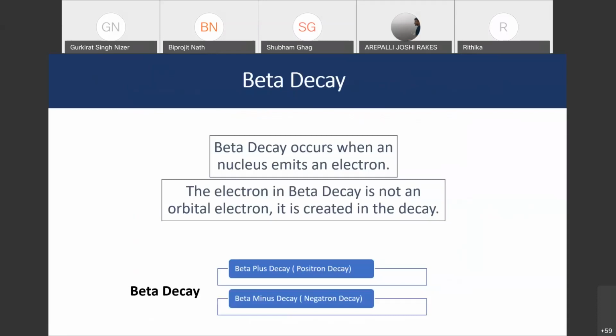So now, after discussing the alpha decay process, we'll move forward to the beta decay process. So what is beta decay? So this beta